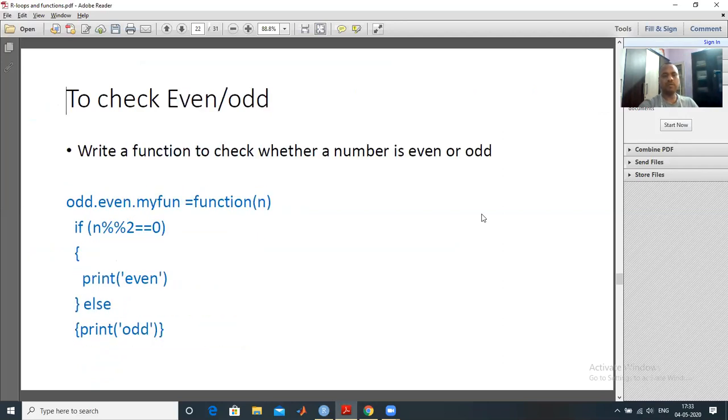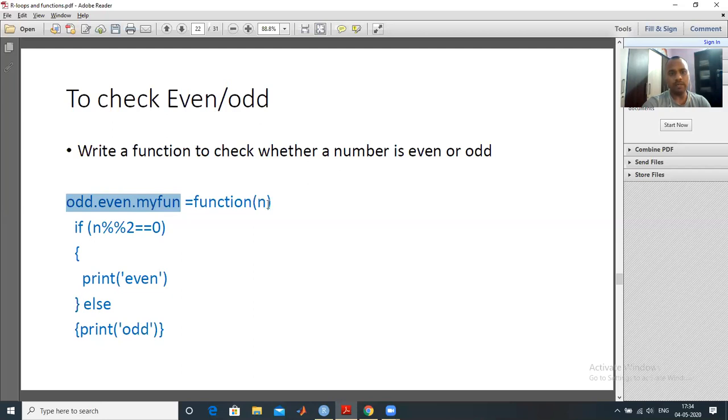So this is a simple function to check whether a given number is even or odd. I give the name of this function, even odd my function. You can give any name according to your choice. Then equal to function n.